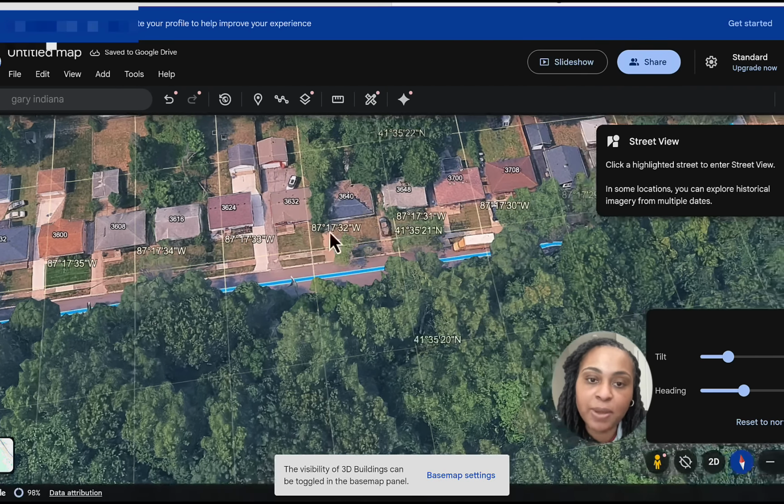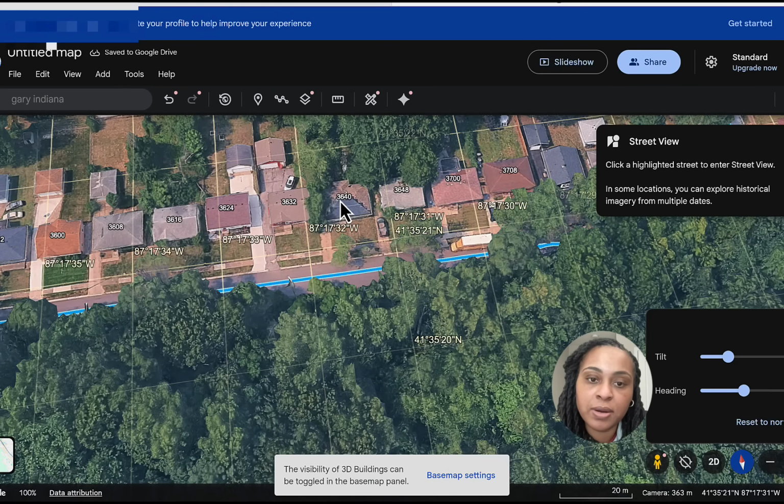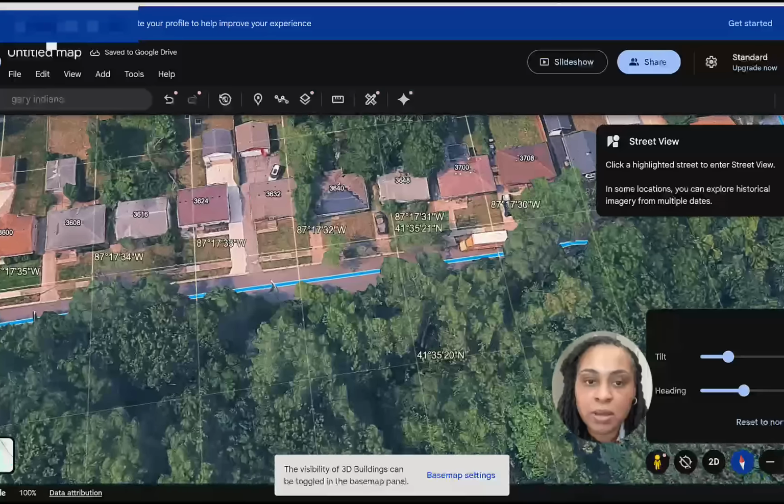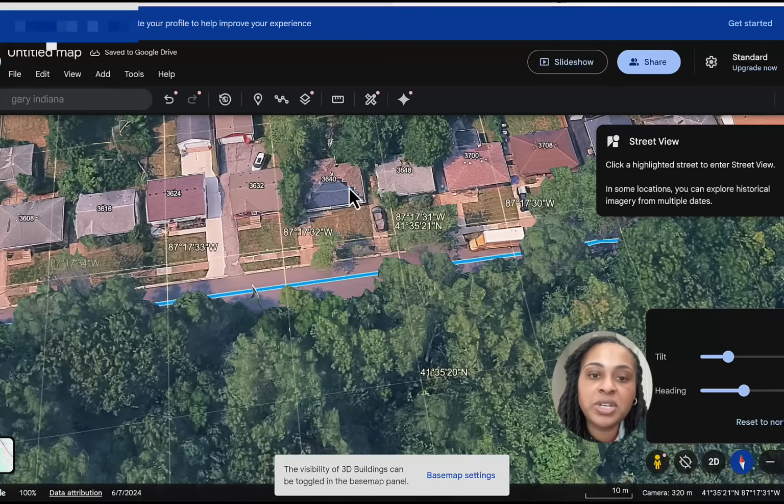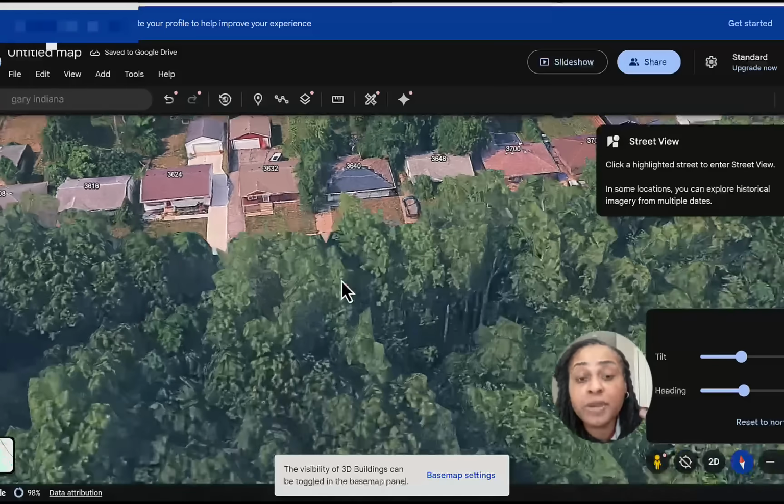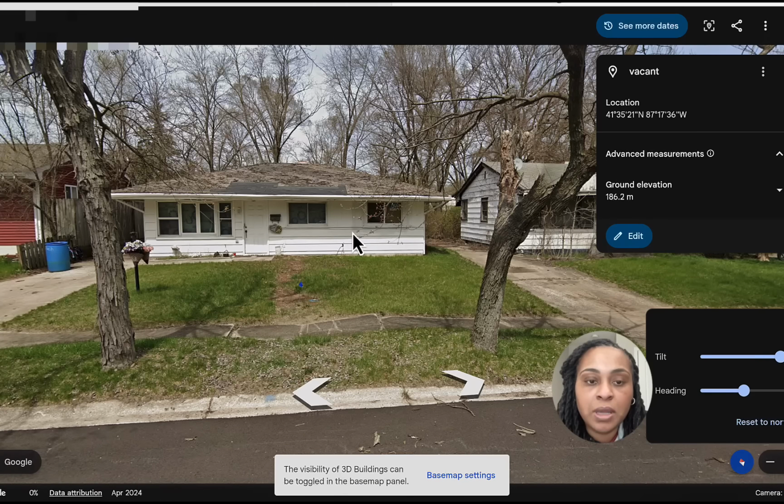You see this property right here, but look at the roof of this home. All of these roofs look okay. I'm not a roofer, but this roof, zoom in more. There's some discoloration here. It's kind of brown in the back, and then kind of black right here. So let's look at it street view. And boom, you can tell that this property is distressed, but I can also tell that somebody may live here,